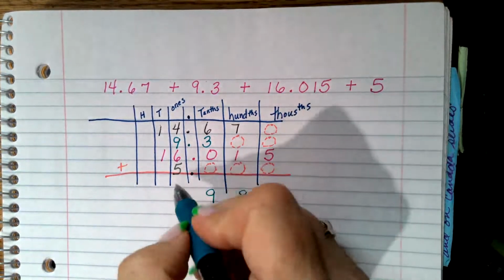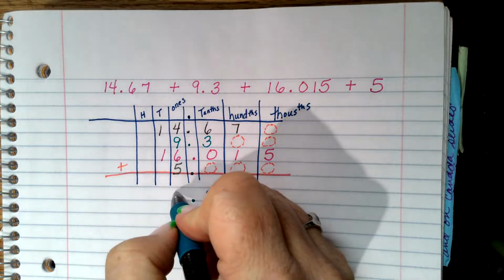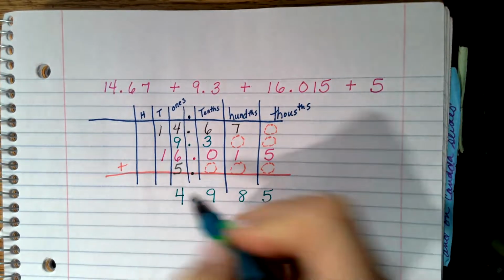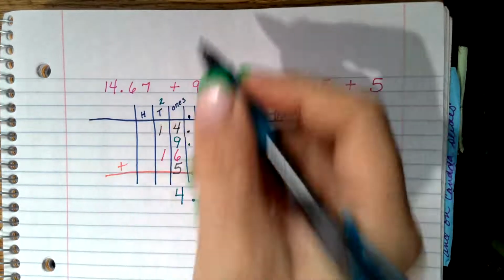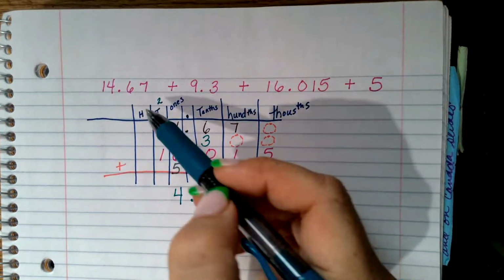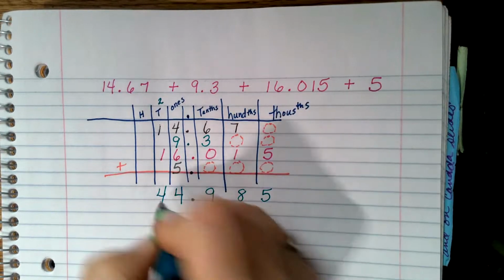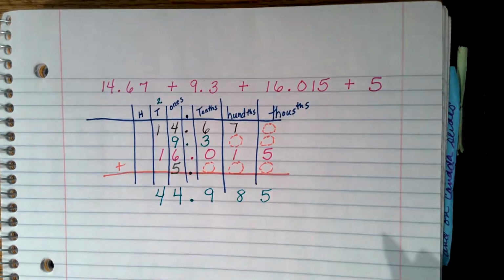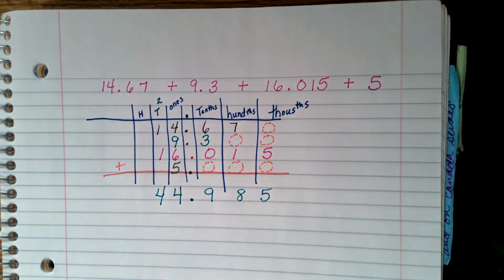24, I can't put 24 in there. Just like before, that means that I have 2 tens and 4 ones. I'm going to put 4 ones here, and I'm carrying my 2 tens into the tens column. Then I have 2, 3, 4. My answer is 44 and 985 thousandths. Remember to use trailing zeros if necessary to help identify the place